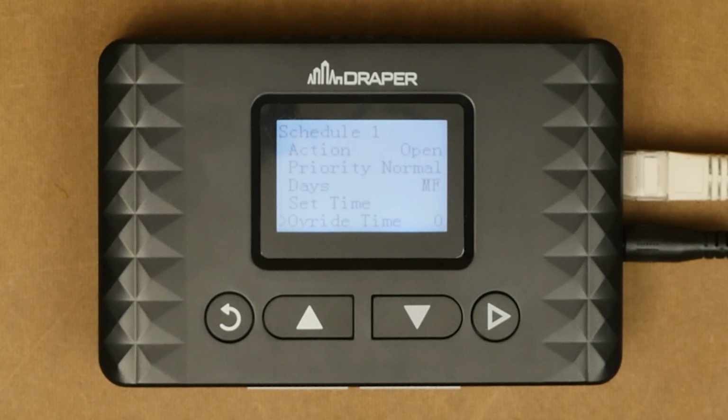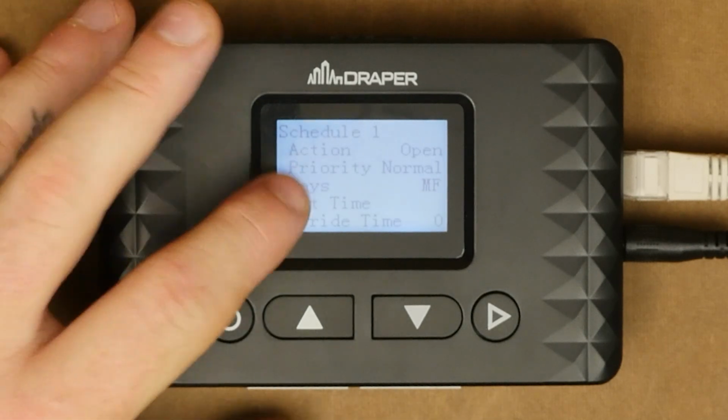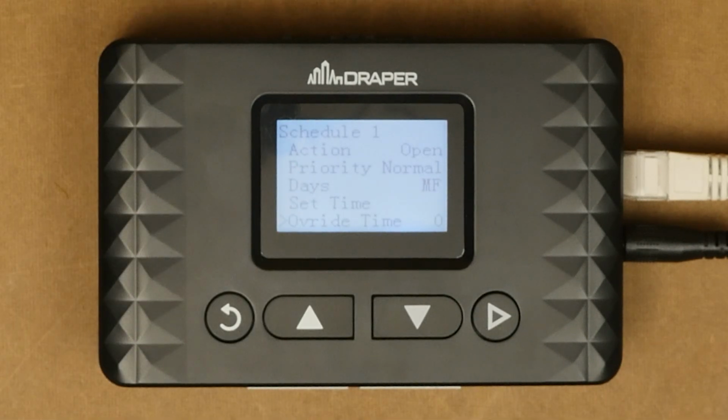If you leave the override time set to 0, this command will always stay on the line. So if you have an override time for your wall switches of 2 hours, once that 2-hour override time has elapsed, the schedule will take control of the shades. If you want this schedule to only be enforced for a set amount of time, this is where you would